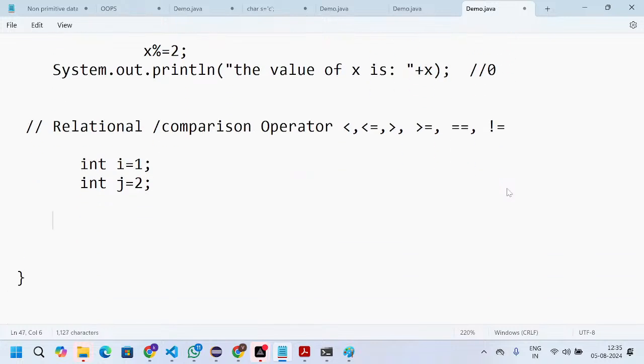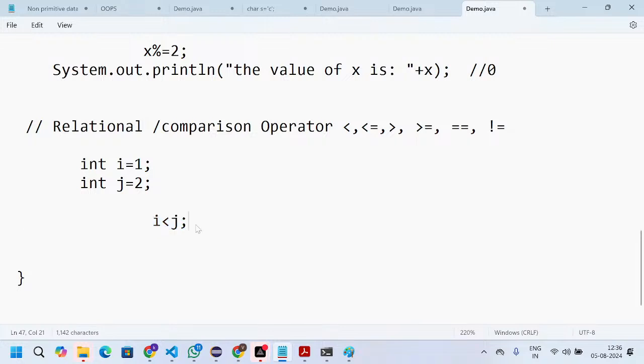Here I am doing int result equal to, so I will do the comparison. How can I do the comparison? i less than or equal to j. If you see here, i is holding the value 1 and j is holding the value 2. Now you can tell me, is this a valid condition or an invalid condition?